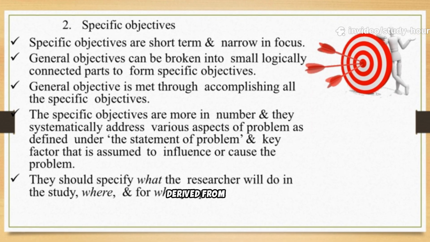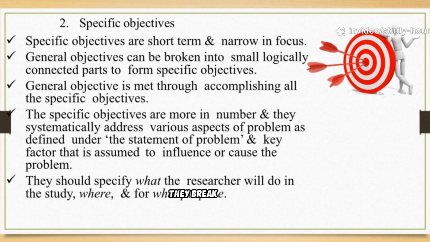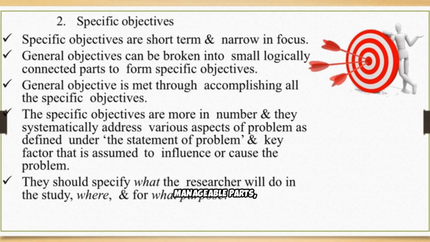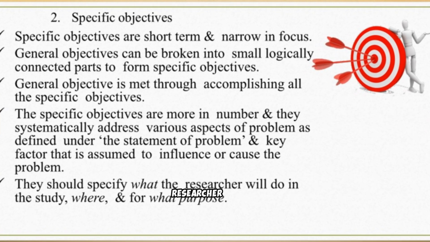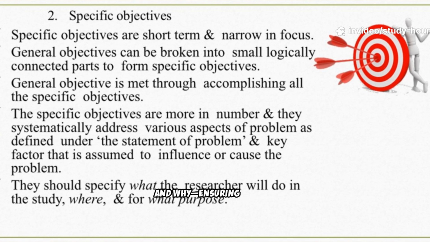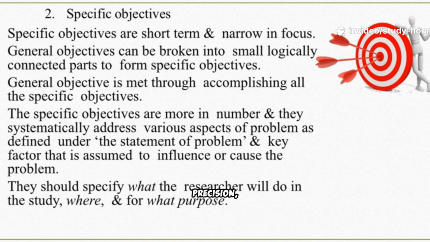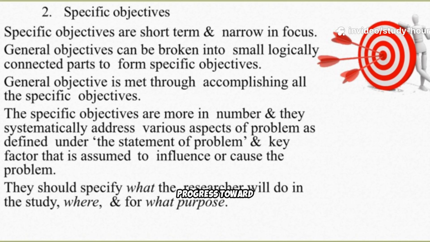And Type 2 are specific research objectives, which are focused, short-term goals derived from broader general objectives. They break down the study into manageable parts, addressing key aspects of the problem. These objectives guide what the researcher will do, where, and why, ensuring clarity, precision, and systematic progress towards solving the